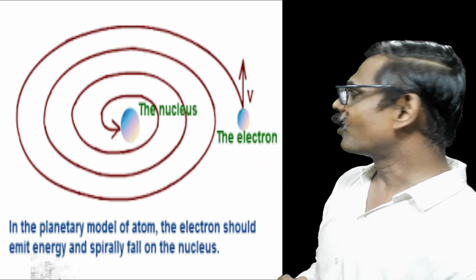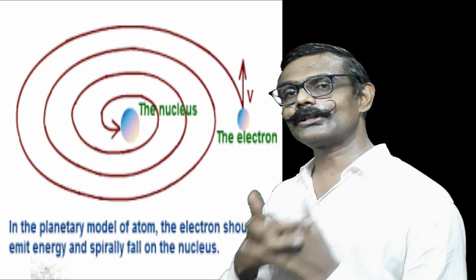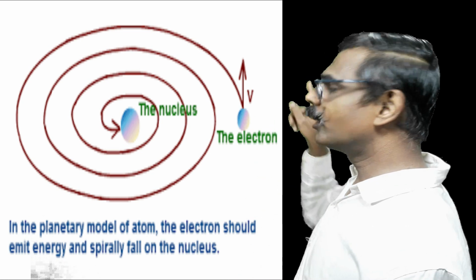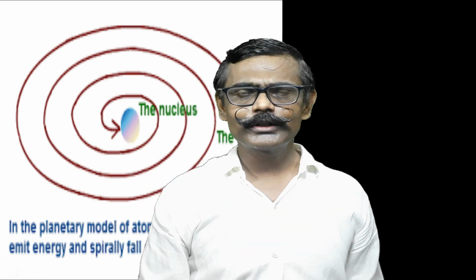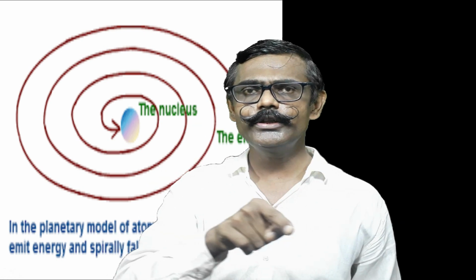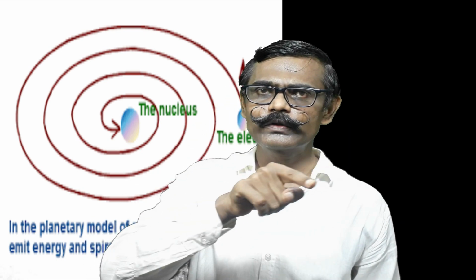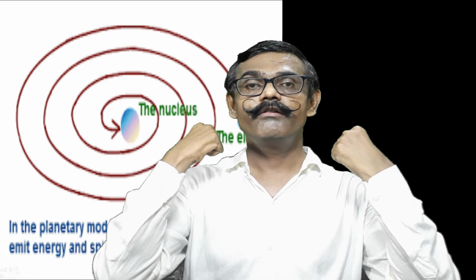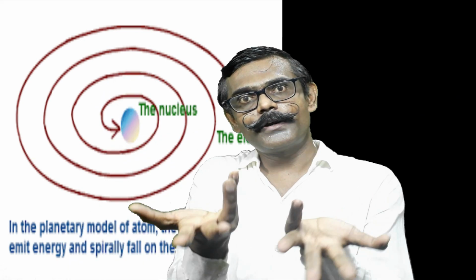Though it seems very fascinating, interesting and appealing, this model could not stand for long because it could not answer scientific questions. What was the question? If an electron is revolving around the nucleus, then circular motion means continuous acceleration. If there is accelerated motion, then the speed should change. If the speed changes, then slowly the electron should come and merge into the nucleus. The electron should vanish, and then the complete atomic model vanishes.